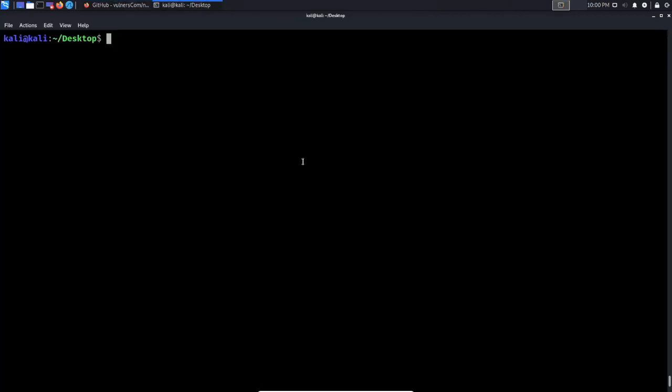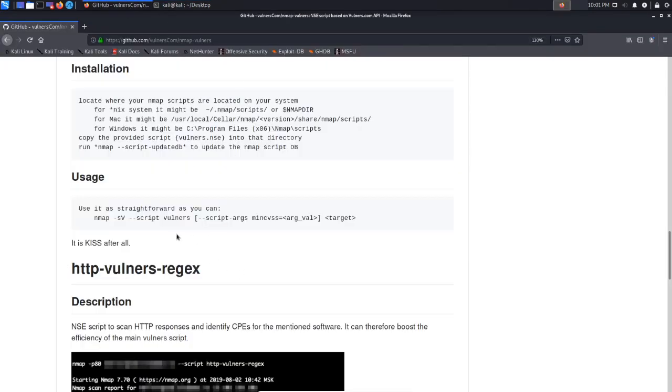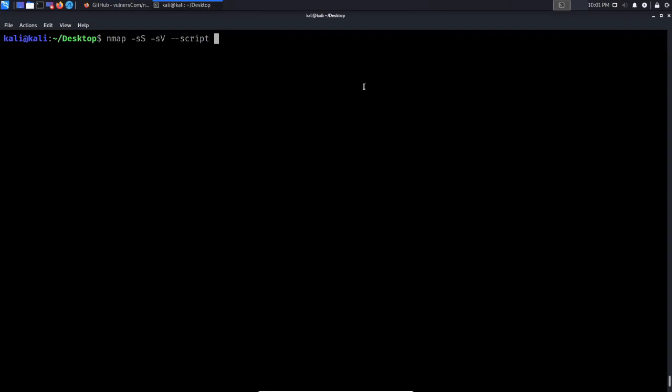Running it is very simple. All we need to do is type in Nmap, and then we say service version detection. We want to perform some service version detection, and we can also run a stealth scan in conjunction with this, and we can then specify the ports that we want. In this case, I'm just going to specify ports 21 to 8080, or we can simply run the default port scan, which is 1,000 of the most commonly used ports. Then we say script, and then we specify the vulners option right over here. That's the name of the script. We say vulners, and then we hit